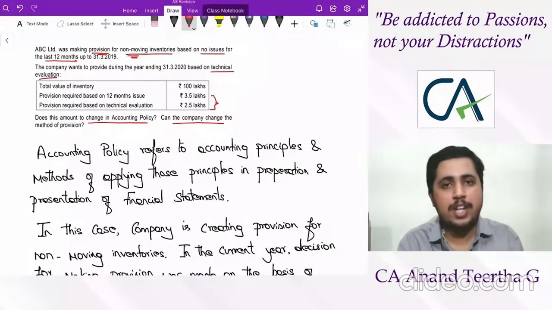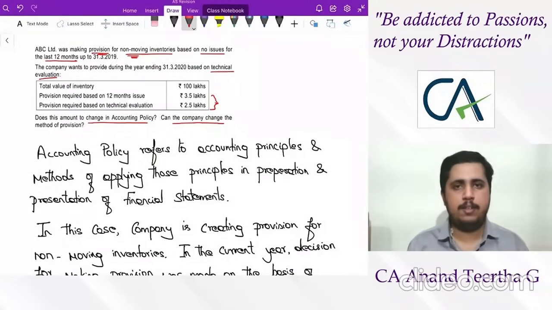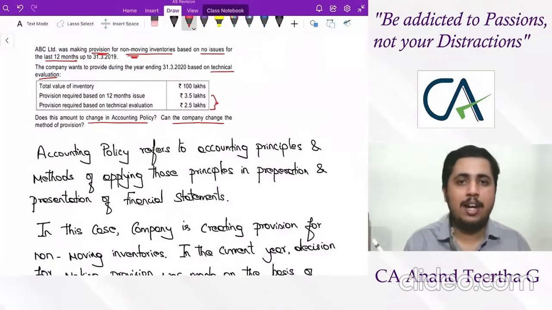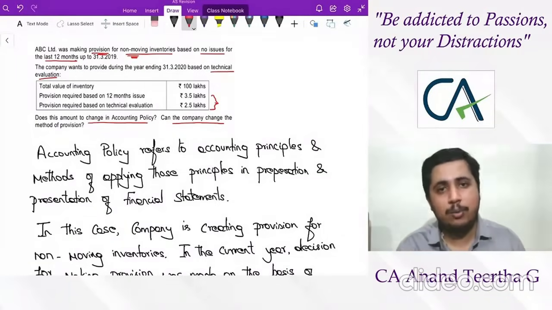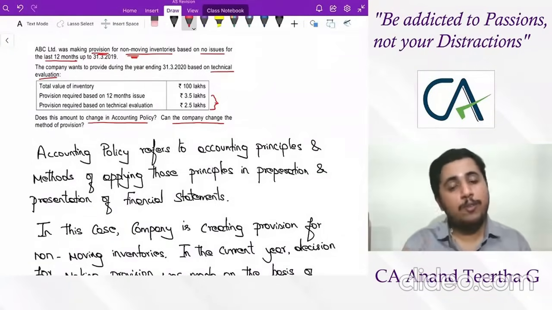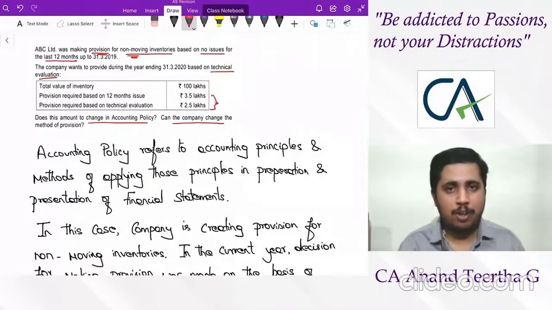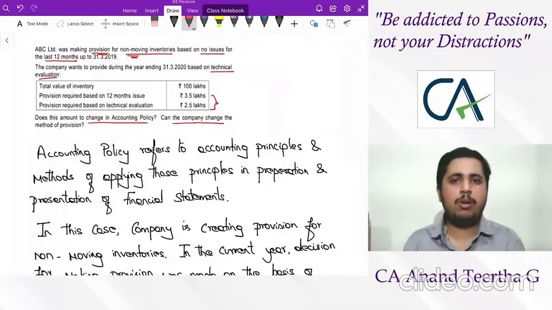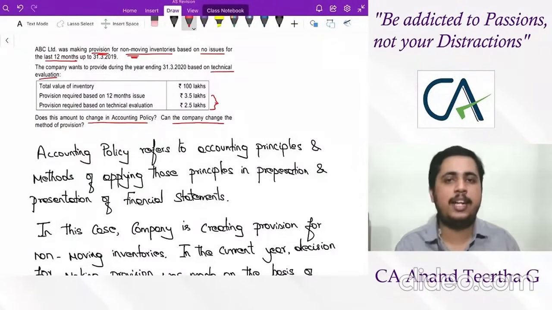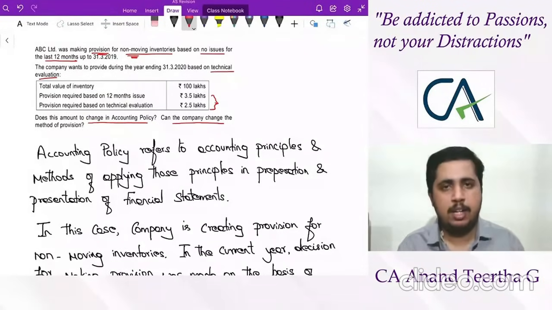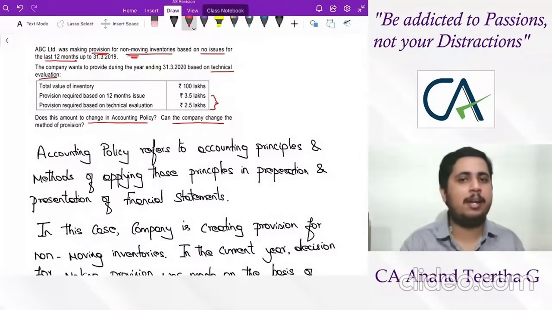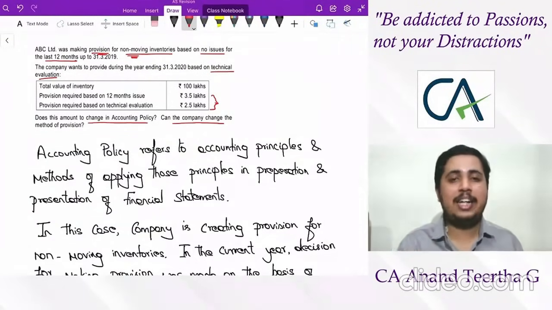How do you get the provision amount? That is just an estimate. So here they are only changing the calculation method. They are only changing the accounting estimate, not the policy. What would have changed the accounting policy is if you changed the provision itself. Till now you used to create a provision, from tomorrow onwards I won't create a provision. That is a change in accounting policy because you are changing the method. But here you are not changing the method, you are just changing the estimate to calculate the amount. So this is a change in accounting estimate.